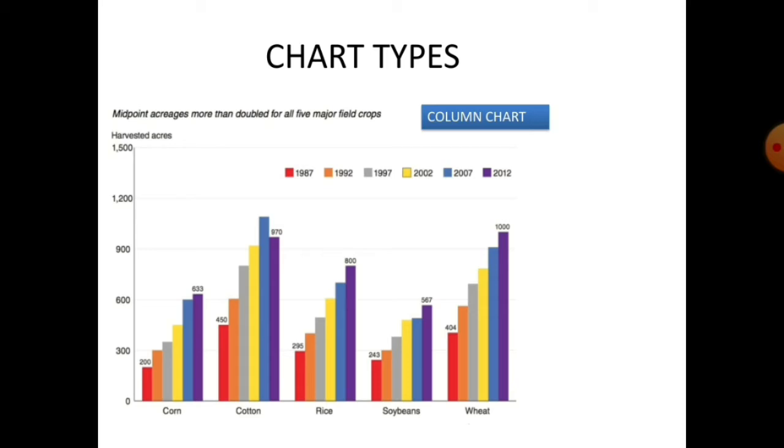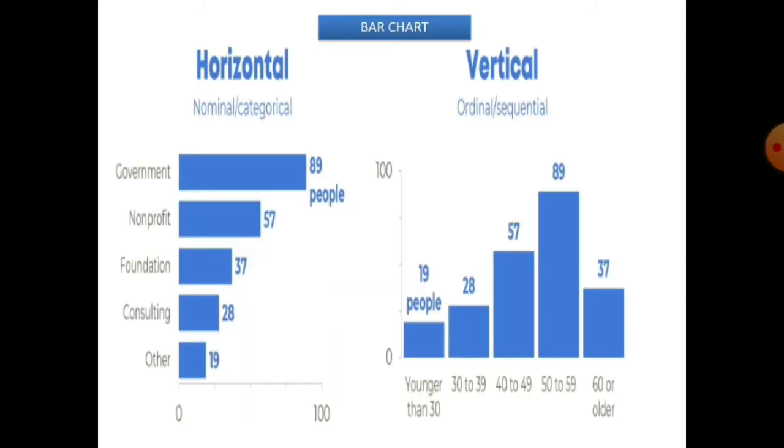Now let's move forward. Our next chart is the bar chart. A bar chart is also like a column chart, which is used to compare two or more values, except that in the bar chart the categories are organized vertically along the y-axis and their values are plotted horizontally along the x-axis. Next is